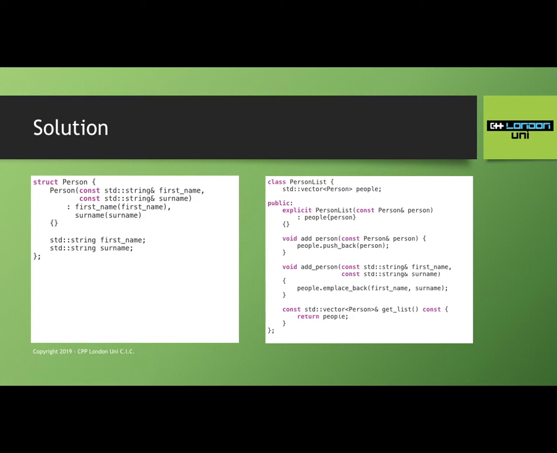You define constructors, and it has just turned out to be more of a mess than anybody actually intended. So I wish they had gone with something like this, but they didn't. And if you want to initialize people, the vector, from a whole bunch of person objects, then this is the way you have to do it. It's just the way it is, I'm afraid. I agree that it's not intuitive, but there we are.